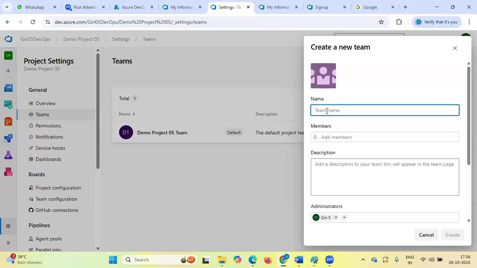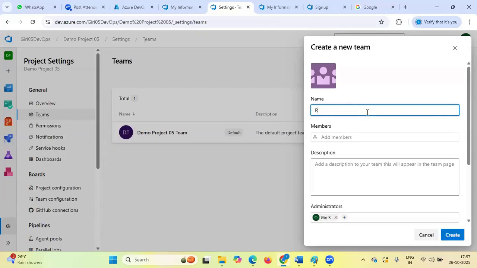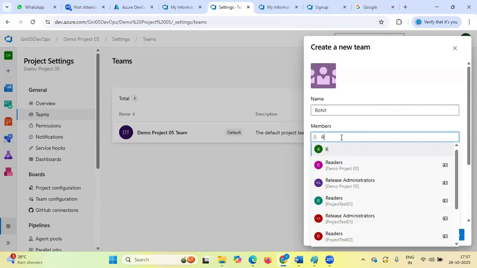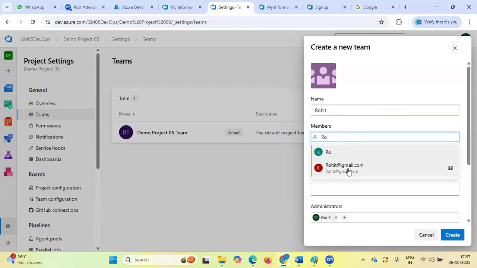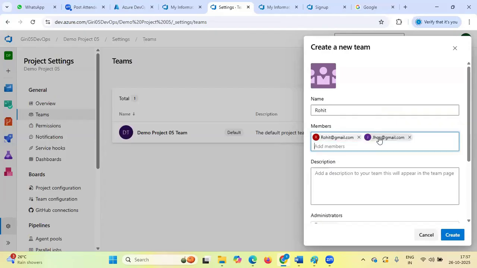Whenever you are going to add, suppose I am going to add Rohit at gmail, John at gmail.